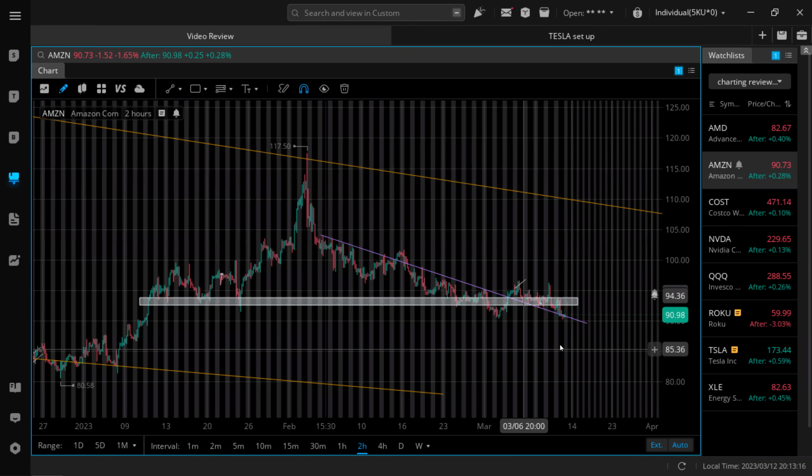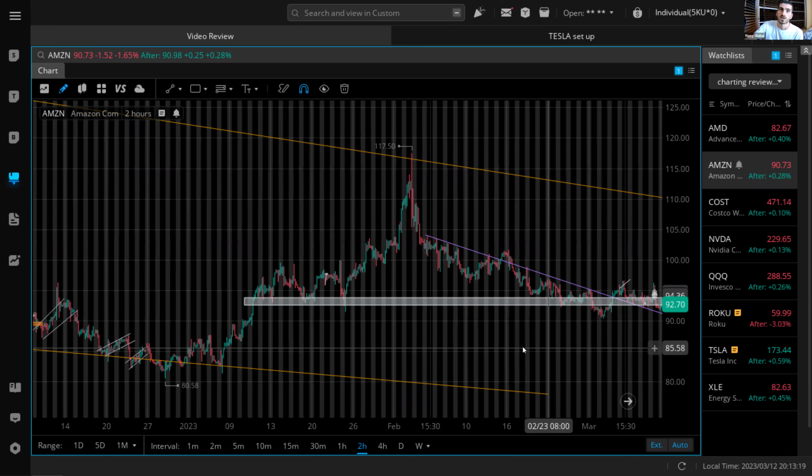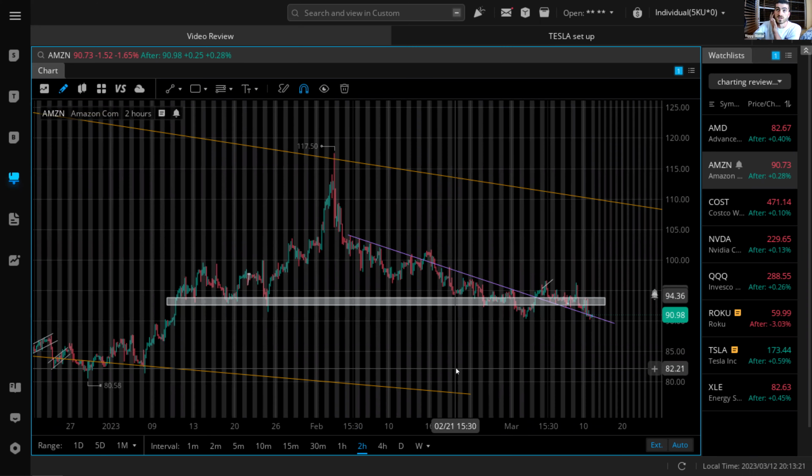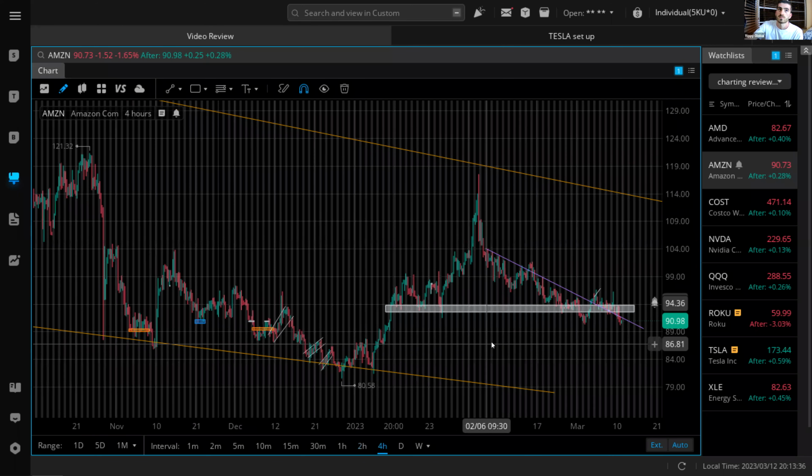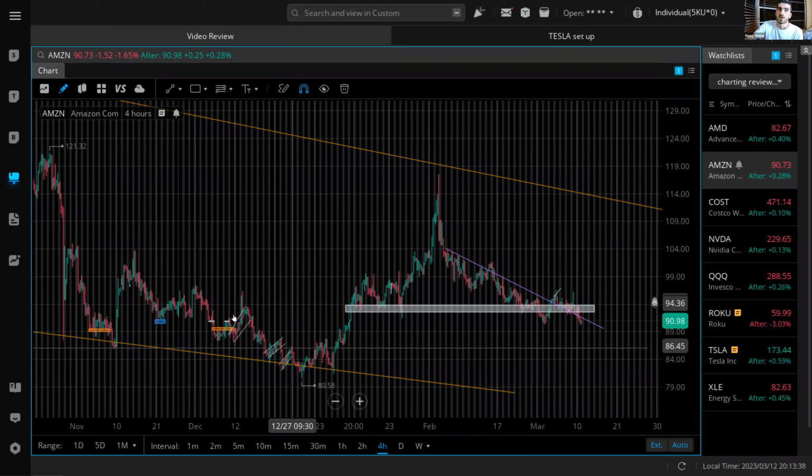So just looking at this, Amazon for me is zoning a bit. I don't want to really put attention on a stock that doesn't have an upside or downside I can clearly see. But if we have a gap up, Amazon could be a good short if it gets back in this zone where I have this white highlight. If I go to the 4 hour, there's not much really I see with this. I mean, I know the same spot we have with the white highlight,